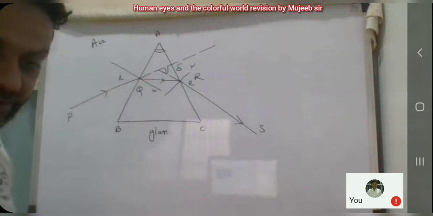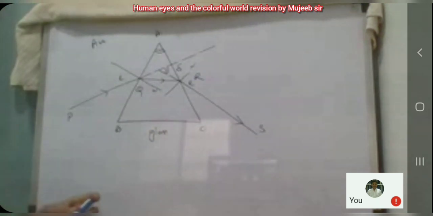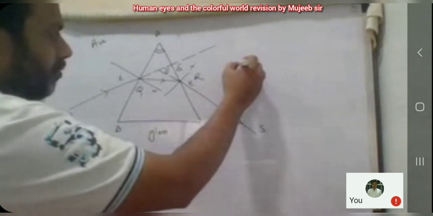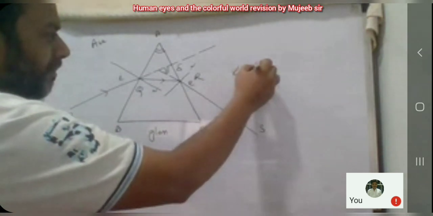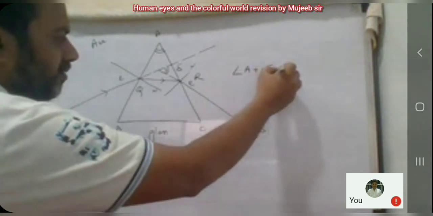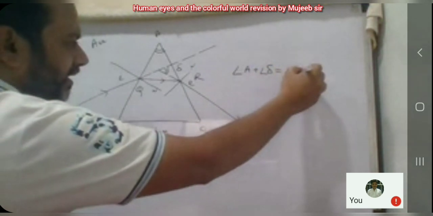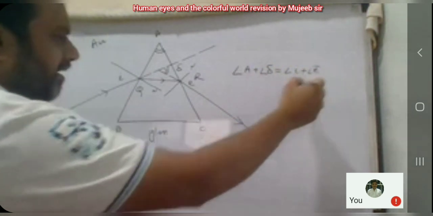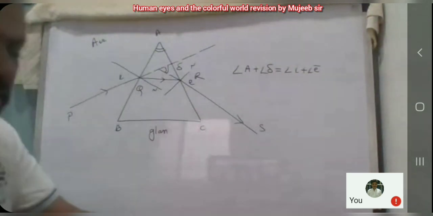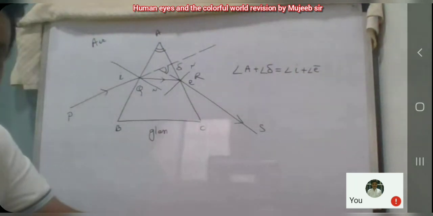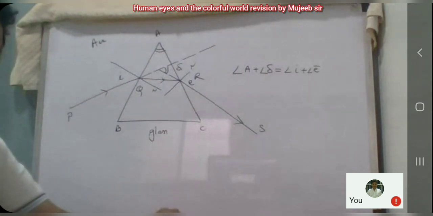After this, now what happens over here? If you perform this experiment and measure all the angles and substitute their values, you will come to the conclusion that angle A plus angle delta is equal to angle I plus angle E. This is the relation between the angle of incidence, the angle of deviation, the angle of prism,